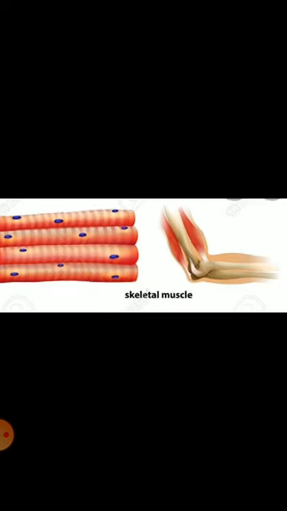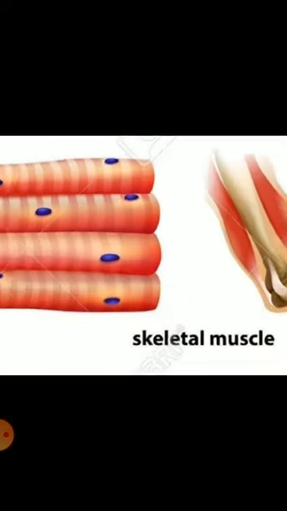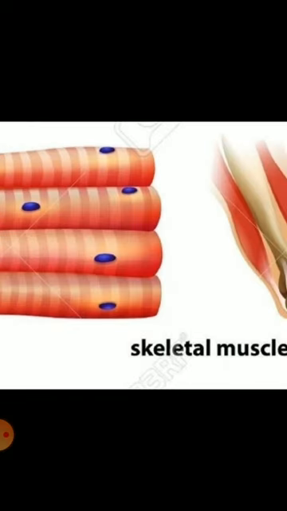Now observe this diagram carefully. There you can see the striated muscles consist of long, narrow, cylindrical, unbranched fibers with blunt ends, and the cytoplasm contains myofibrils which show alternate light and dark bands. Dark and light bands are clearly visible in this diagram. Each muscle fiber has many nuclei. These are the characteristics of skeletal muscles,